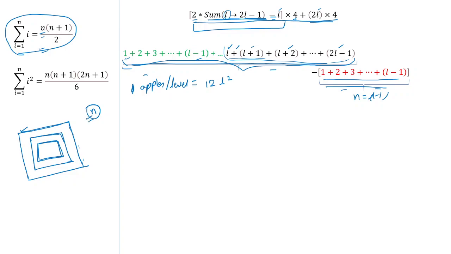So what I'm saying is, in this example, you will do 12 times 3 square plus 12 times 2 square plus 12 times 1 square. This should be greater than or equal to n. That is the number of apples in the third level, the number of apples in the second level, and the number of apples in the first level. All of this should be greater than n. So we have to use this approach only.